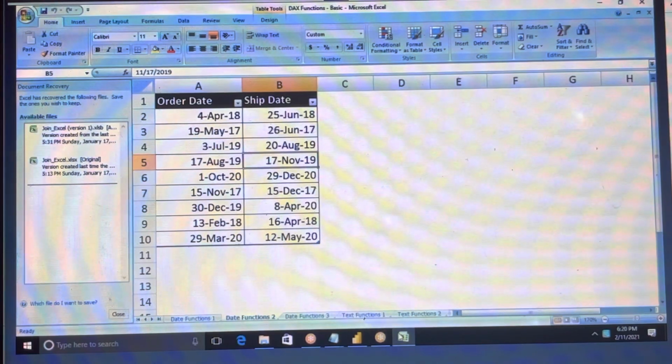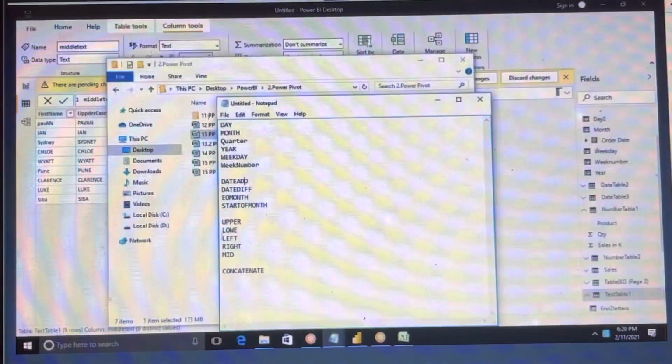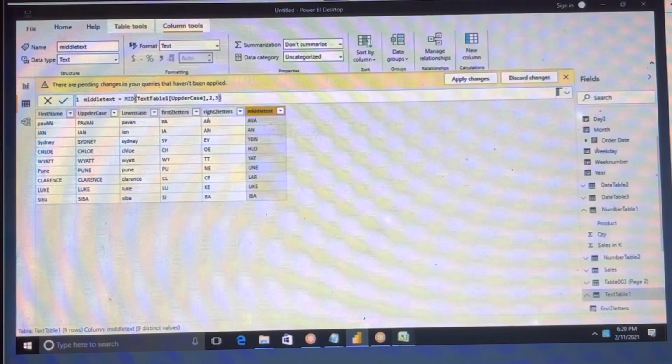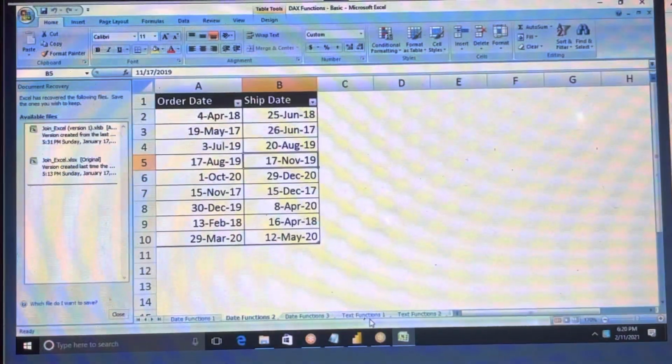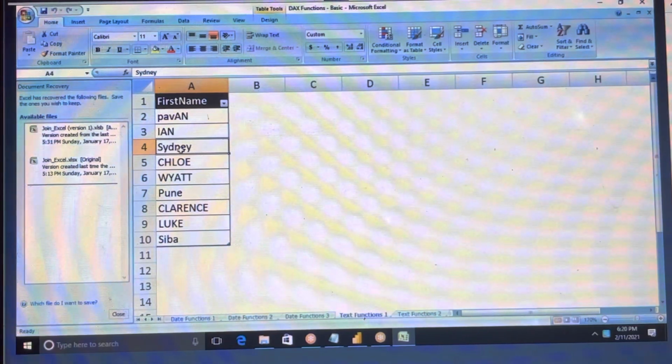And also you have the text functions: upper, lower, left, right, mid, and all. How are we using these? Suppose we have text data here with no proper case format, either lower or upper. I want to get the first 2 letters; for that we have the LEFT DAX function.